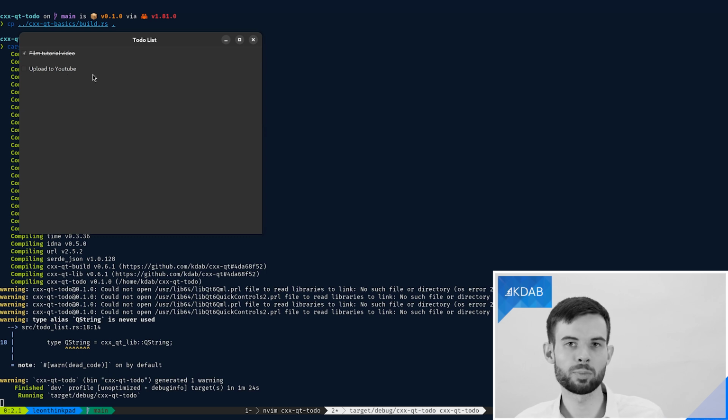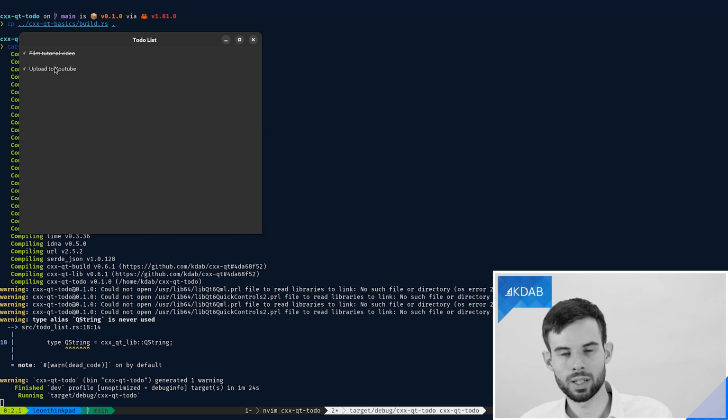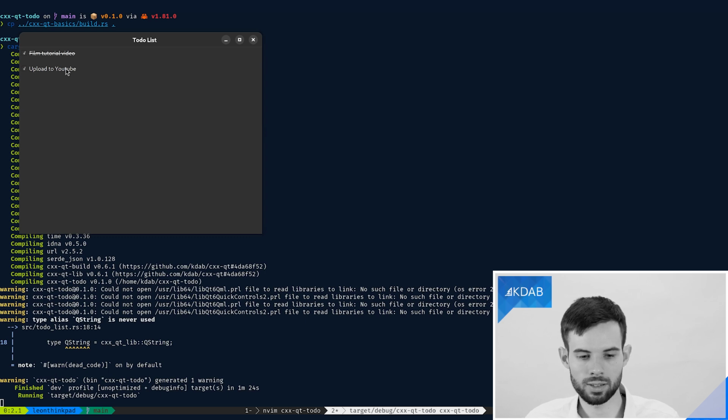Of course, like I said, at this point, we haven't yet added any mutability of the data. So for example, if I click upload to YouTube, while the checkbox thinks it is checked, the fact that it's not struck out actually reveals to us that the data hasn't changed in the model. And if we click this a bunch of times, this won't change. And the same goes for unmarking the tutorial video. The data itself hasn't really changed, so our model.done will still return that this is done, which it is. It's just the checkbox that thinks that things have changed. So now let's get to fixing this.